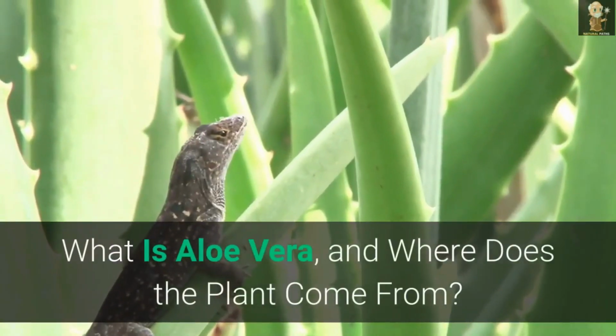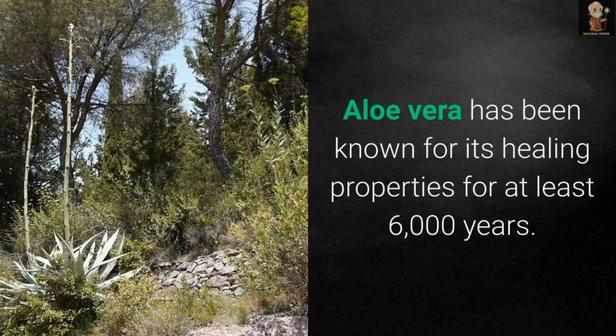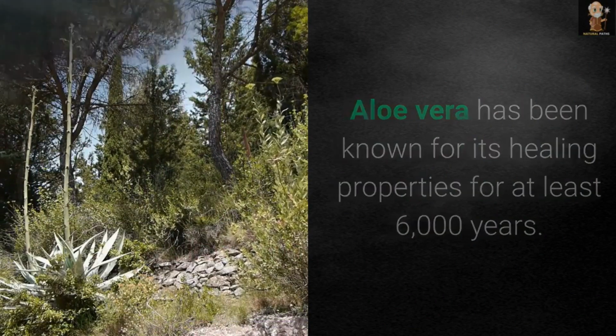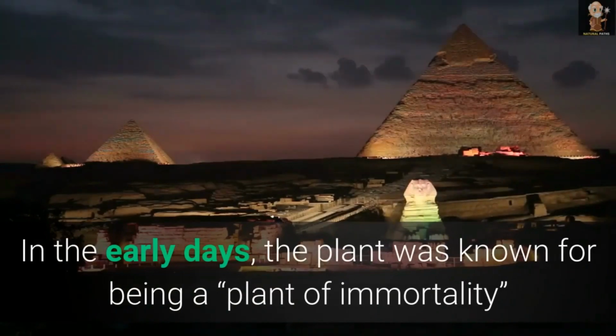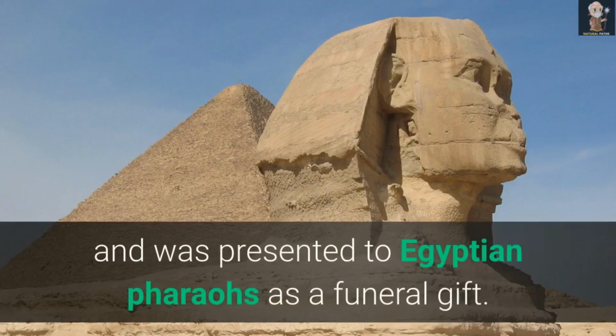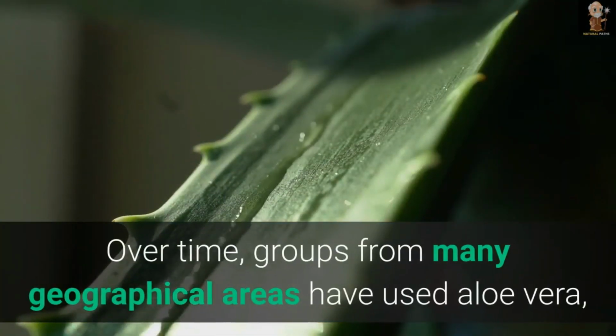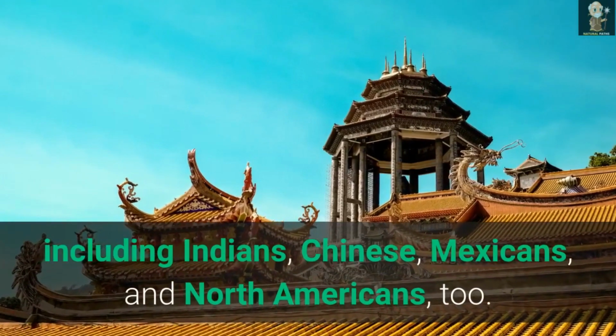What is aloe vera, and where does the plant come from? Aloe vera has been known for its healing properties for at least 6,000 years. In the early days, the plant was known for being a plant of immortality and was presented to Egyptian pharaohs as a funeral gift. Over time, groups from many geographical areas have used aloe vera, including Indians, Chinese, Mexicans, and